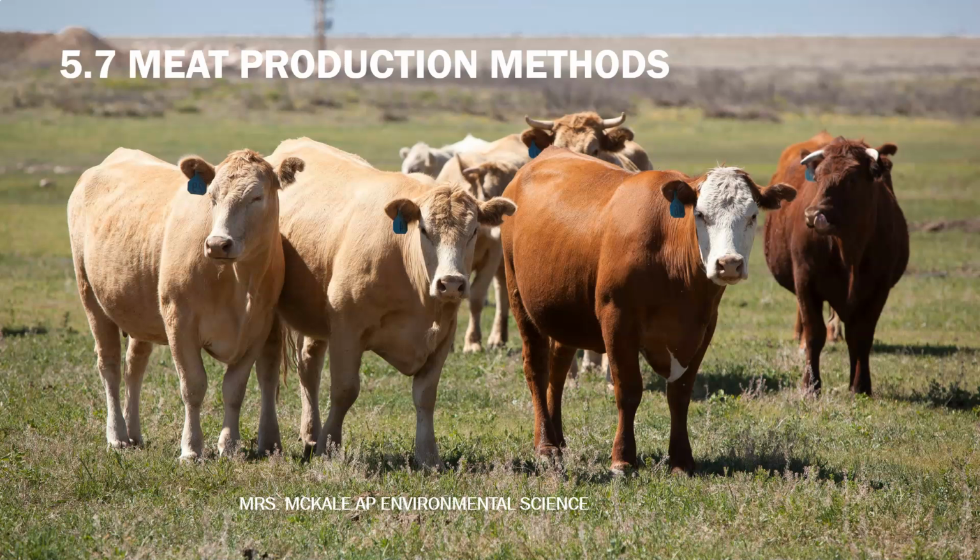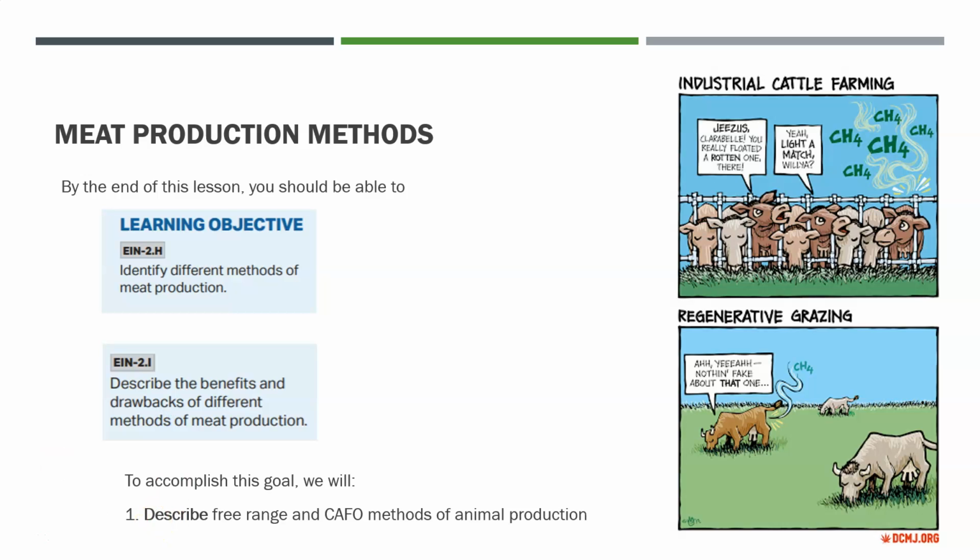So today we're going to talk about 5.7 meat production methods. By the end of this lesson, you should be able to identify different methods of meat production and describe the benefits and drawbacks of these methods of meat production. So to accomplish this goal, we're first going to describe what's called CAFO methods and free-range